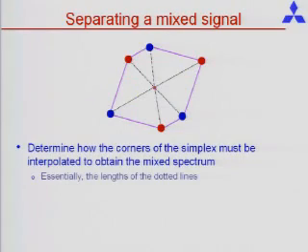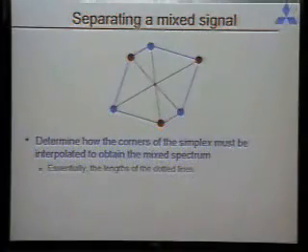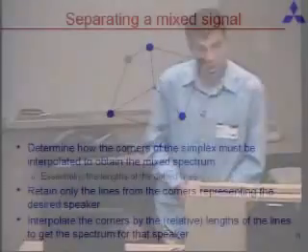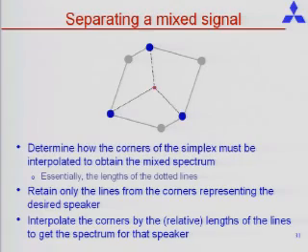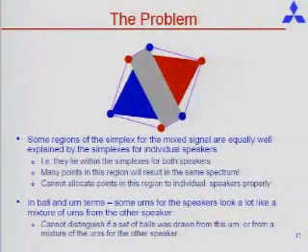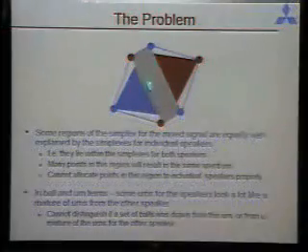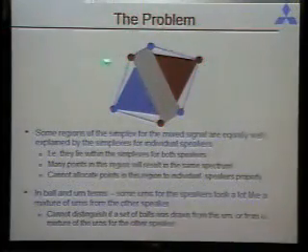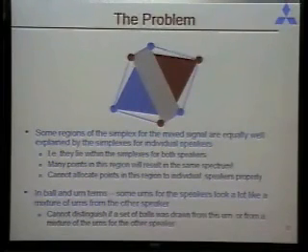And what we are really doing is to find out what the contributions of the various corners are to that point, and ignoring the contributions of the other speaker and reconstructing the spectrum based only on the contributions of the target speaker. The problem is this region. Now, this red simplex extends all the way to these red points. The blue simplex extends all the way to the blue points. So any point that falls in this region could have belonged either to the red simplex or to the blue simplex. How are you going to figure out which speaker it went to?